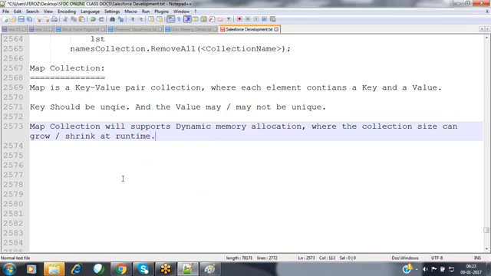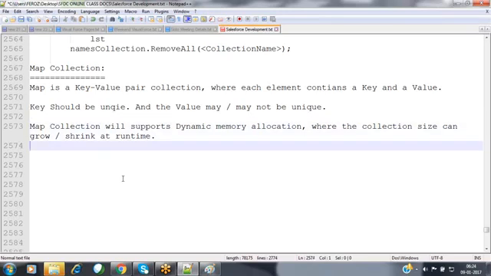The collection size can grow or shrink at runtime, depending upon your need. You can keep adding elements at runtime, then automatically the size will increase and the memory will be extended. In future, if you don't need some of the elements, then you can remove them and automatically memory will be released, so that we can utilize the memory very efficiently here.